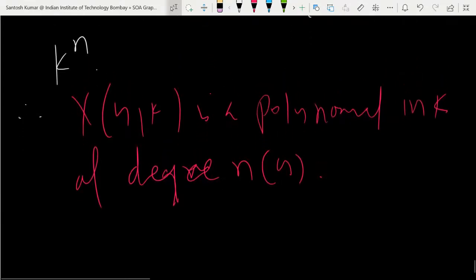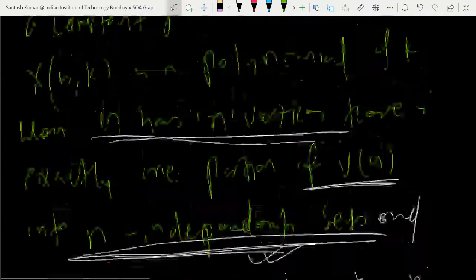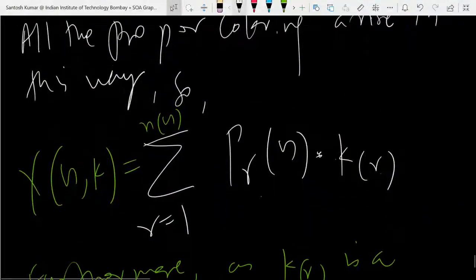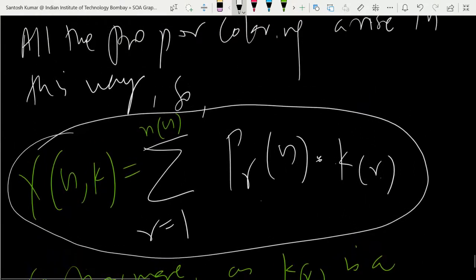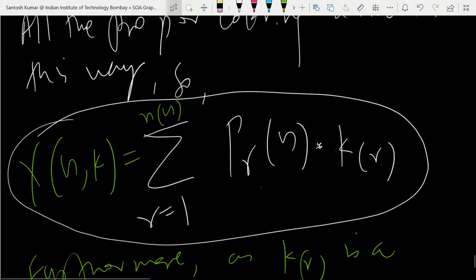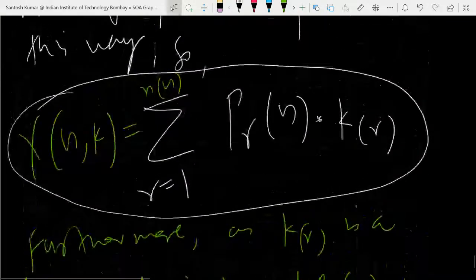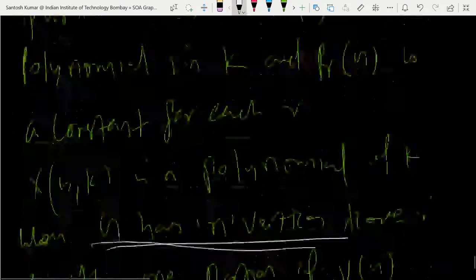Now we want to have a better way. Actually this method will not help you much, like if I give you C5, it will take too much time. So we have an alternative method now. To find the chromatic polynomial, we have an alternative method, which is called recursive computation, or chromatic recurrence.